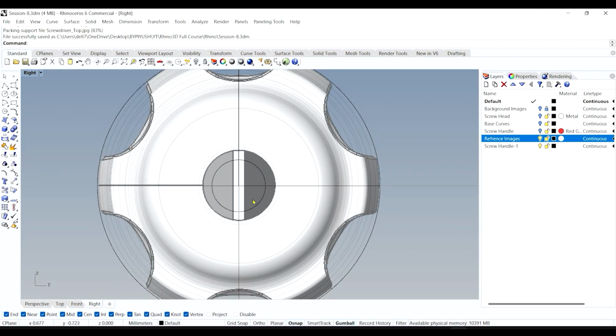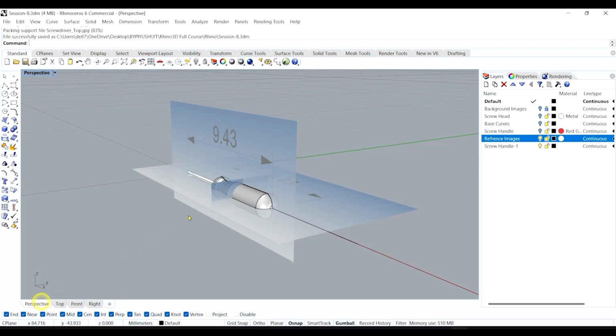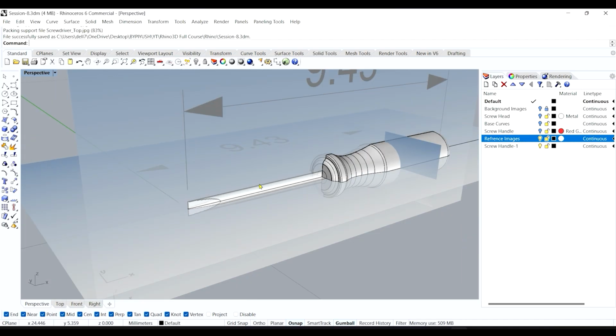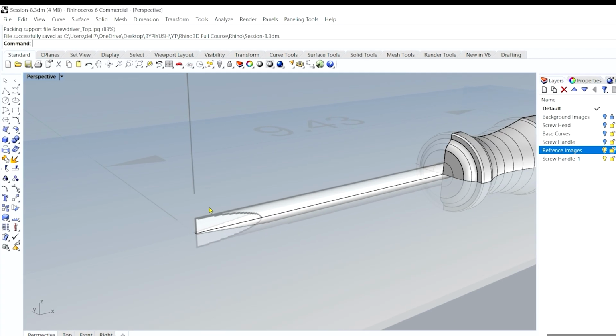Next, I want this screw head, which will pass through the screwdriver. So I will create a circle for that, or you can also create a circle at the 0 point. That's not a problem. To start making a circle on any curve, perpendicular or normal to any curve, just go